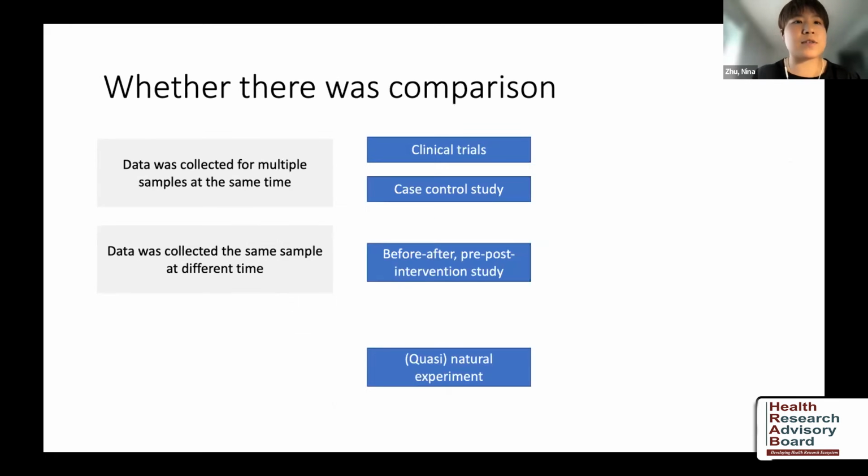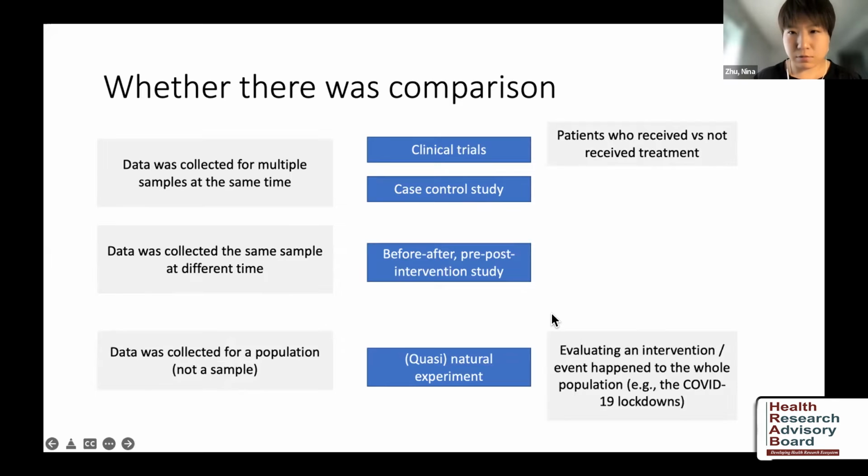The other way to separate studies is looking at whether they involve comparison. I think that's the most important one we normally use, especially in public health and health management research, because normally we want to implement certain interventions and evaluate them. If the data was collected for multiple samples at the same time and compared, we normally have clinical trials or case control studies. Clinical trials simply involve patients who receive or do not receive a certain treatment, or are exposed or not exposed to a certain intervention. While case control study,